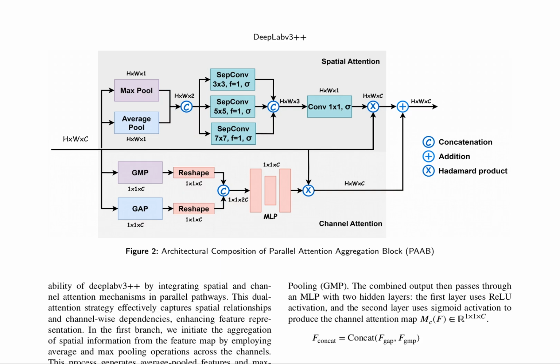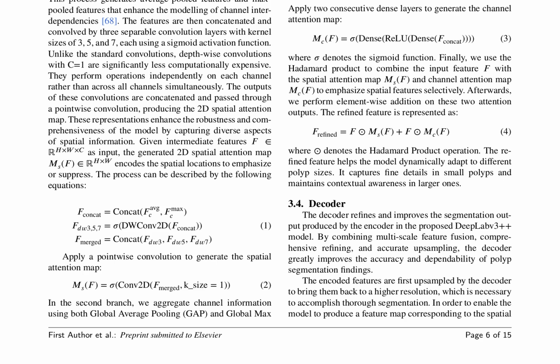In the second branch, channel information is aggregated using global average pooling, GAP, and global max pooling, GMP. The combined output then passes through an MLP with two hidden layers, producing the channel attention map. The Hadamard product is used to combine the input feature with the spatial and channel attention maps, which are then added elementwise to refine the feature. This process helps the model adapt to different polyp sizes, capturing fine details in small polyps and maintaining contextual awareness